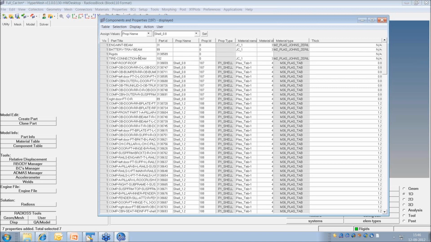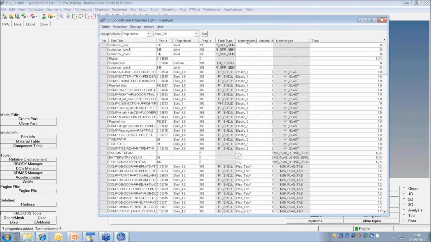So one thing is for the beams I have to assign the property. Now I list as per the material. So materials, joint doesn't have and spring doesn't have material, which is true. So apart from that, all other parts have one or the other material, which is correct. Fine. So my only task is for the beam I have to update the